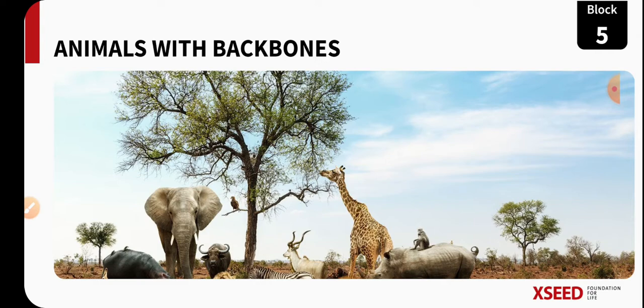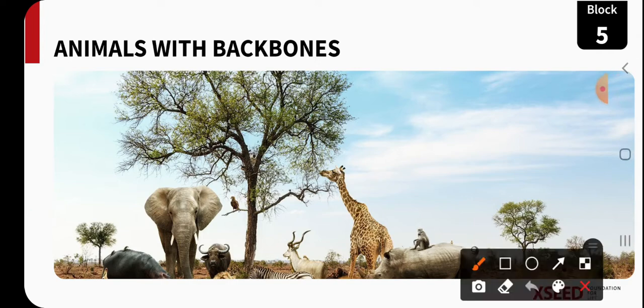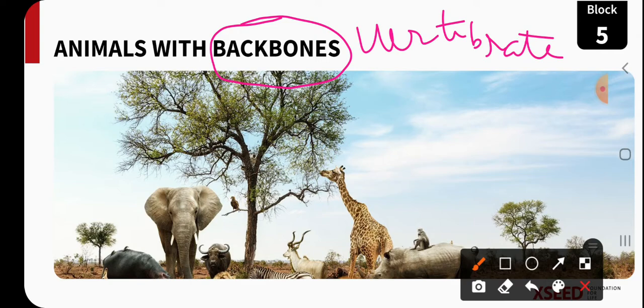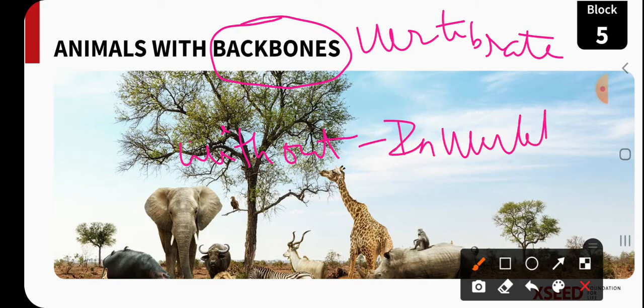So in our earlier chapters we started classifying all the living organisms into different groups. Then we came to know flowering and non-flowering plants, and in block 5.3 we came to know that animals are of different types. One is having backbones in them. Such animals we called vertebrate animals, and another which don't have a backbone, that is the animals without backbone, we called invertebrate animals.